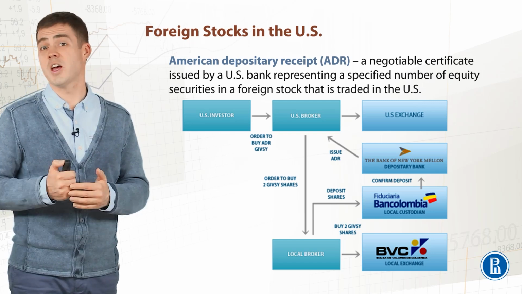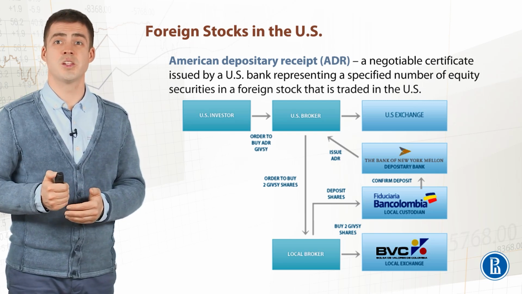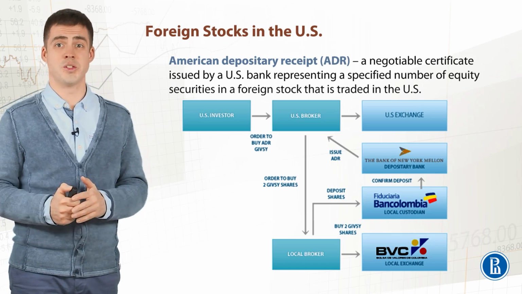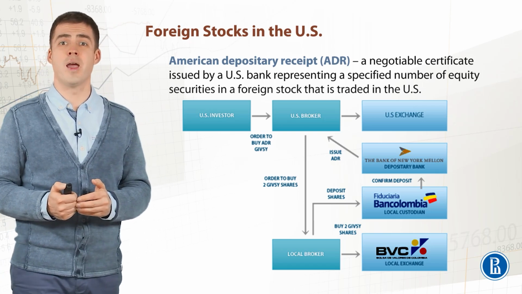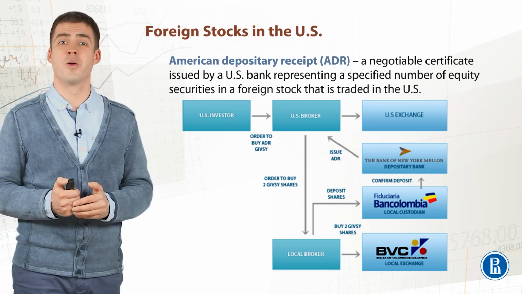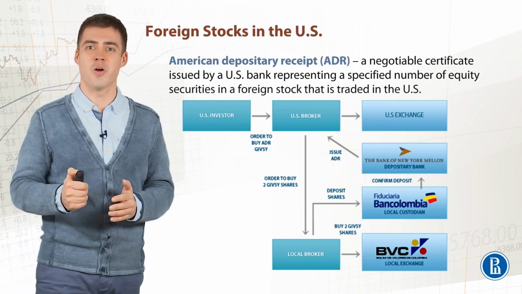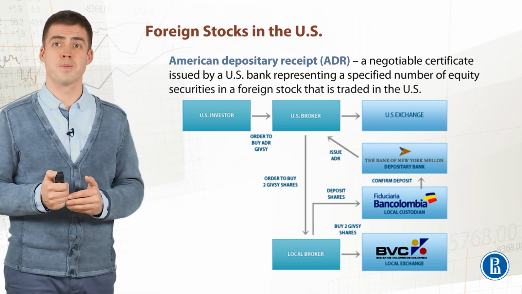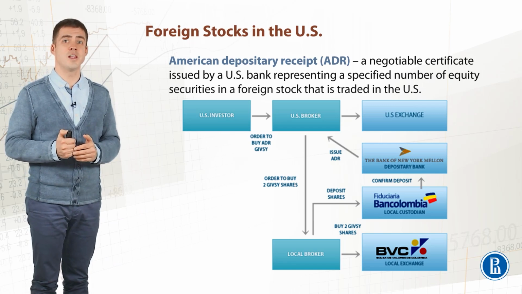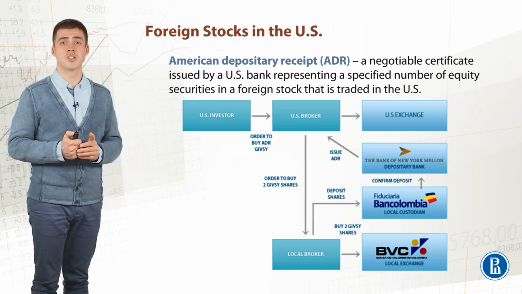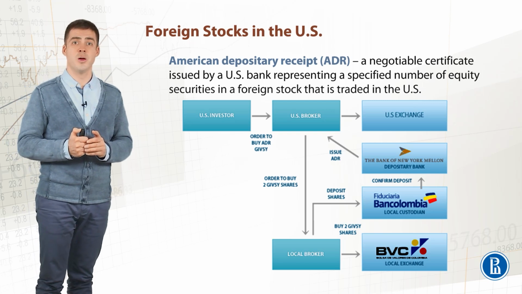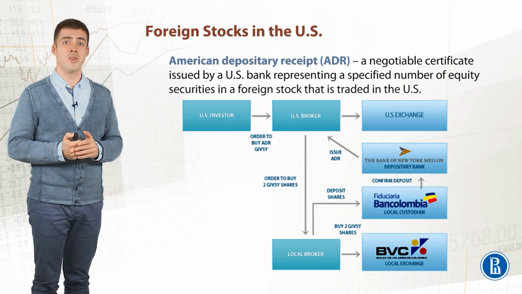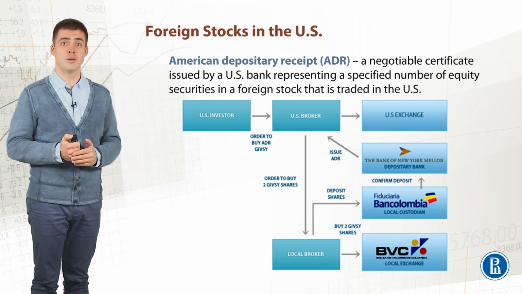One of the most common types of depository receipts is an American depository receipt, which is a negotiable certificate issued by an American bank representing a specified number of equity securities in a foreign stock that is traded in the US. The thing is that it's prohibited to trade foreign stocks in the United States. Thus, an American investor who would like to invest overseas but still is willing to stay within American legislation needs